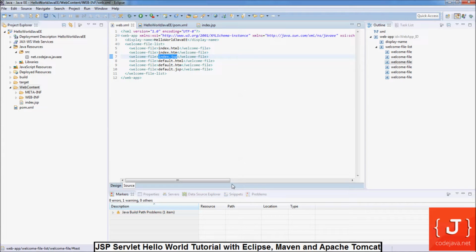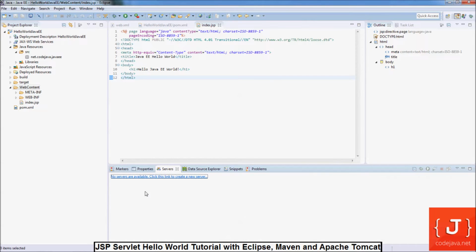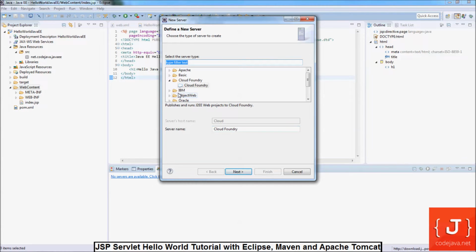Now let's test this JSP page by deploying this application on Tomcat server. Switch to the server view, and you see there is no server added to Eclipse. So we need to add one. Click here and choose Apache Tomcat 8. Okay, next,